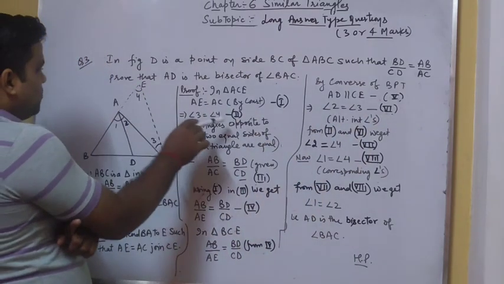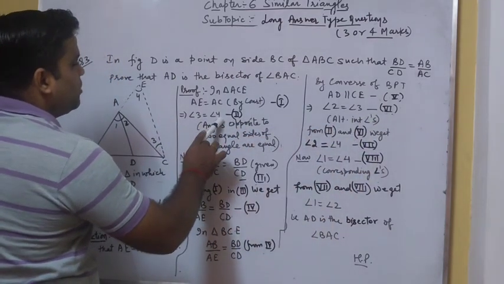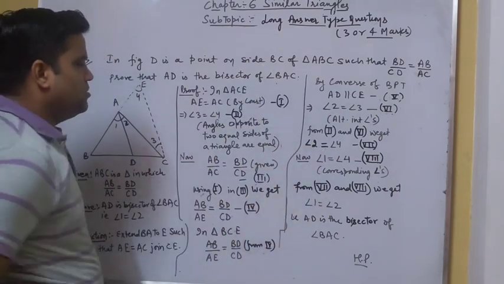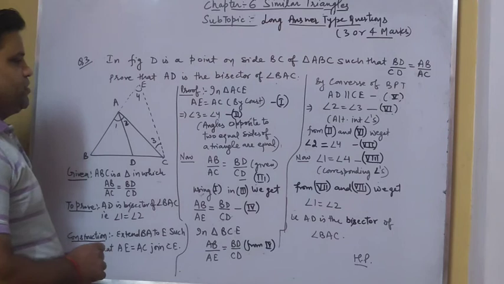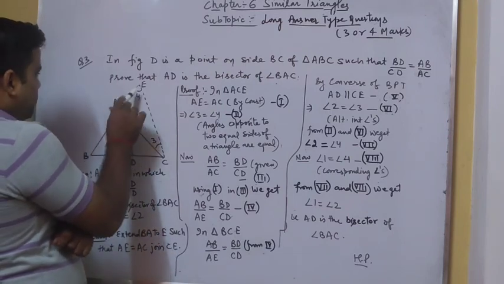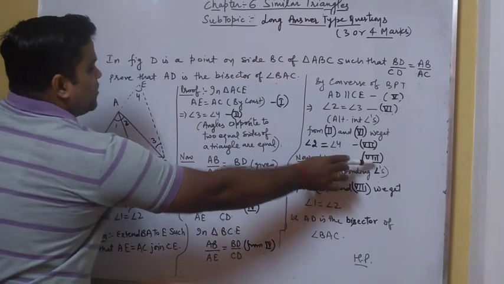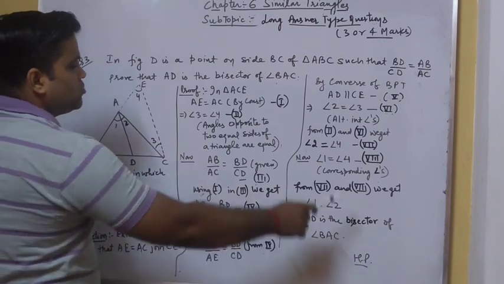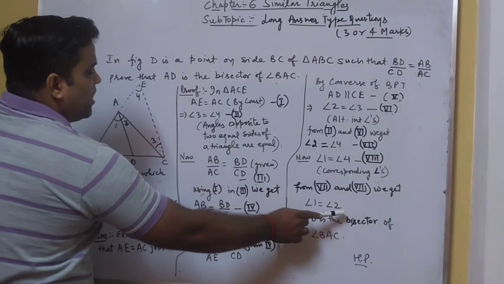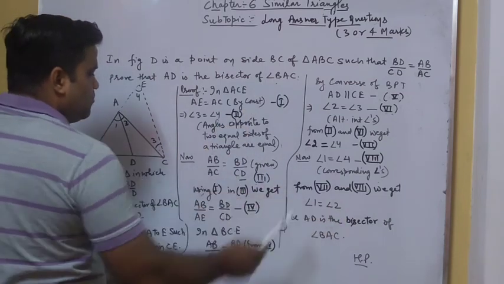Now if we compare our second equation and sixth equation, as angle 3 equals angle 4 and angle 2 equals angle 3, it means angle 2 will be equal to angle 4. We consider it as the 7th equation. Now also here, angle 1 equals angle 4, corresponding angles, because AD is parallel to CE from the figure. So we consider it as equation number 8. So on comparing equation numbers 7 and 8, we get angle 1 equals angle 2. So here we have proved that angle 1 equals angle 2, which is the required proof.